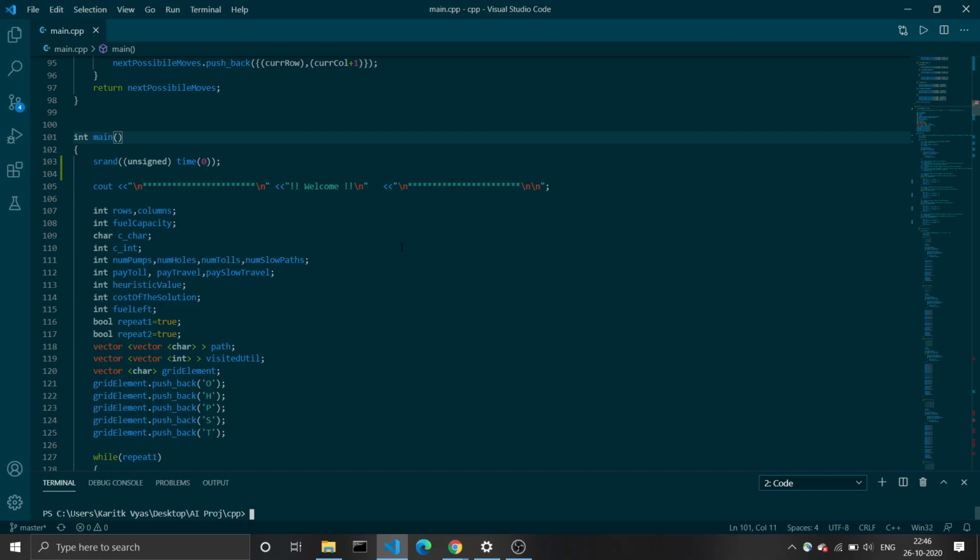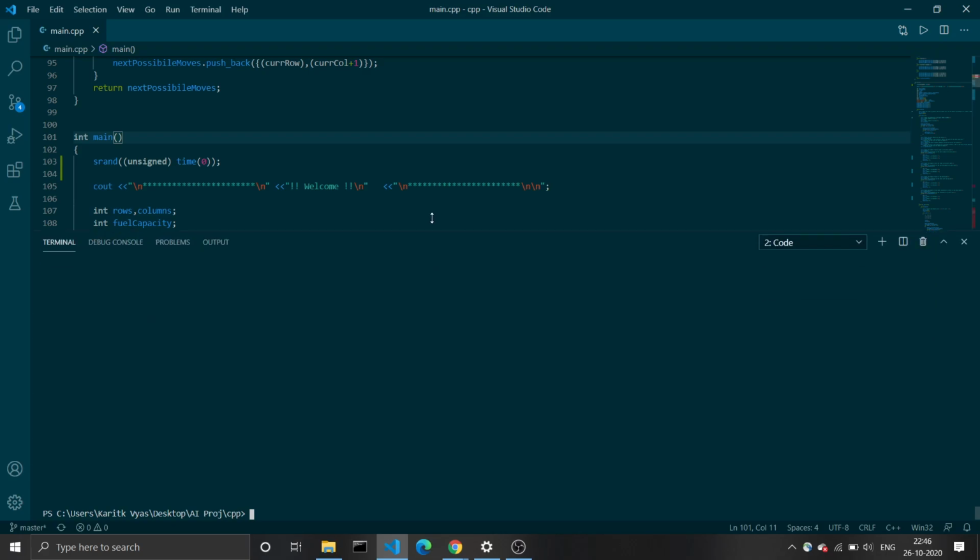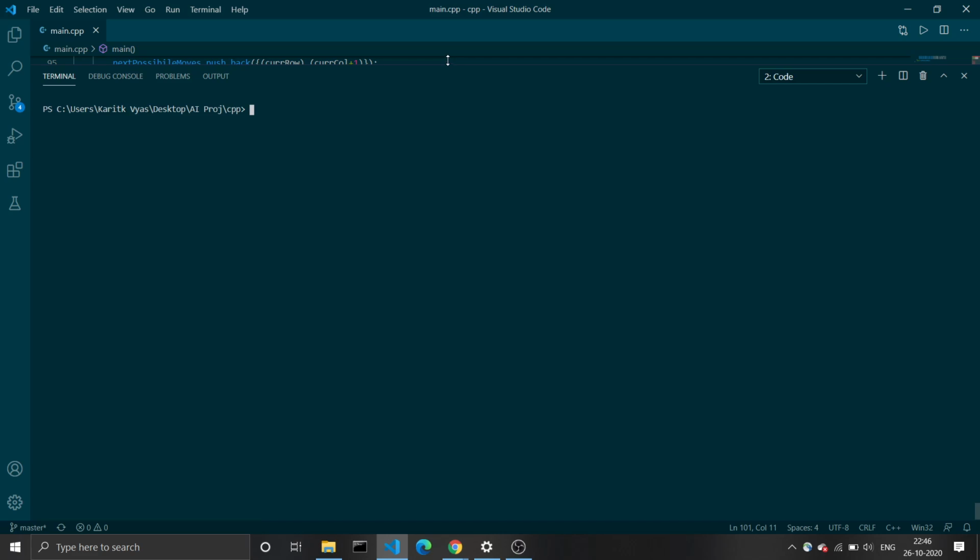This is my project for the AI course, and in this I have to find the most optimal path according to cost optimization in a grid from a given point to the final destination. I have described the details in the presentation video, which is another video. In this video I'll be running it over a few test cases and checking whether it is optimal or not. So I'm going to run this running command,